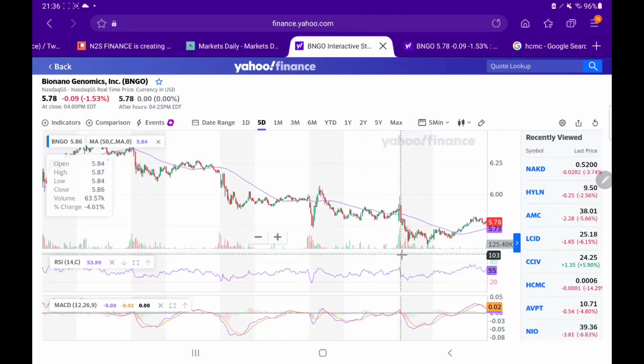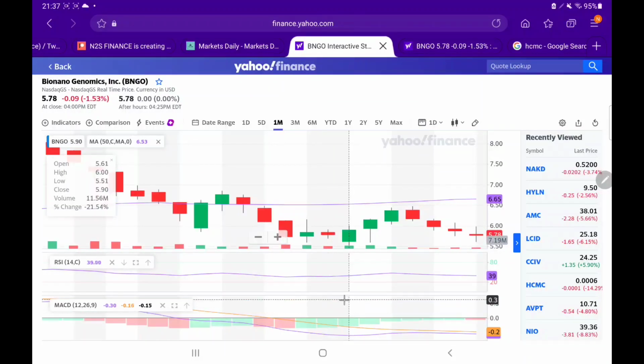The RSI figure down here at 55 is basically neutral in my opinion, and you can see that trend down here on the MACD, which does appear to be turning bearish slightly at the moment. So on the past month, you can see the trend down here. We are seeing a moving average of 665, which is obviously going to be above where we are right now